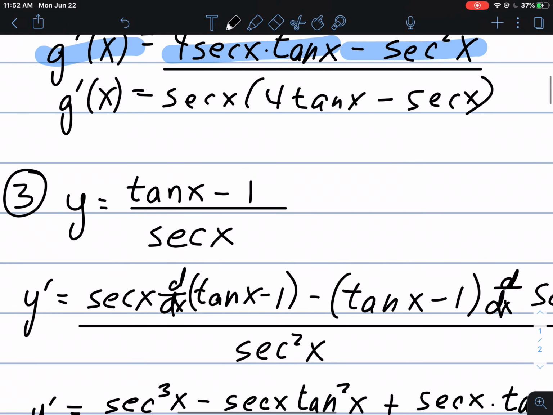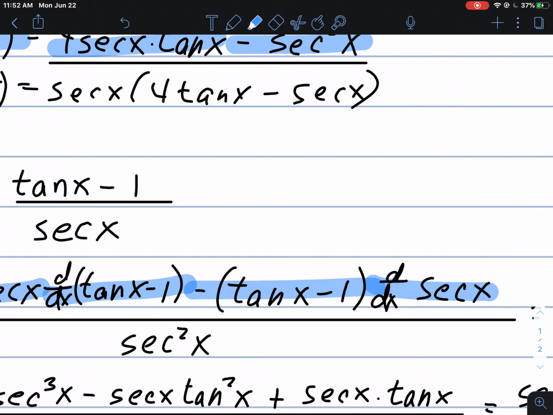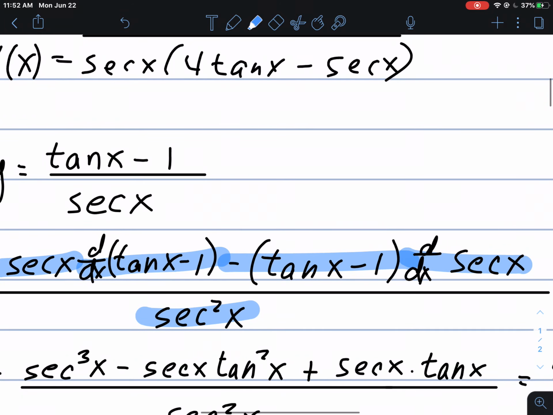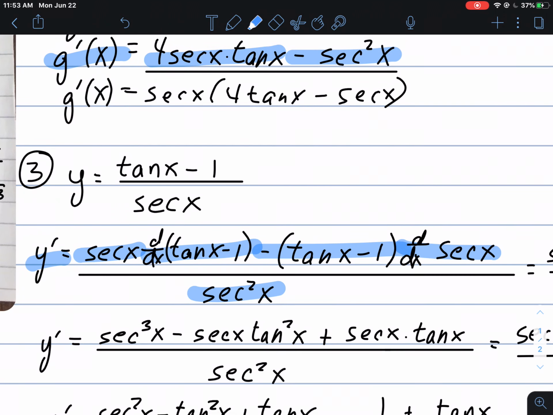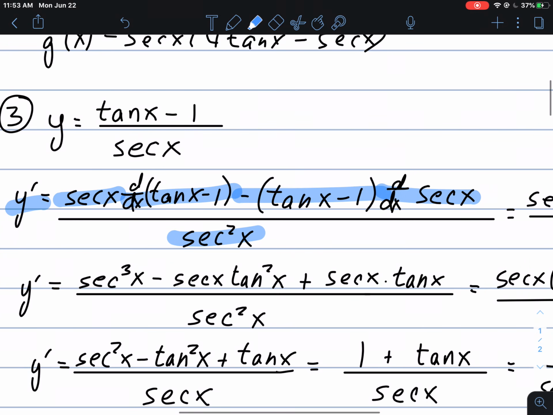So y prime, remember our quotient rule, low d high minus high d low over low squared. So here's our derivative y prime, low d high minus high d low over low squared. And then we go in and find each of our derivatives. The derivative of tangent of x minus 1. So here's y prime equals,